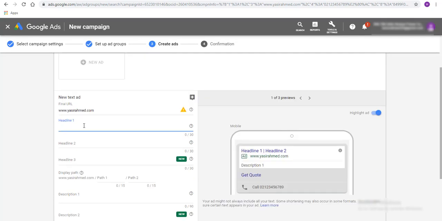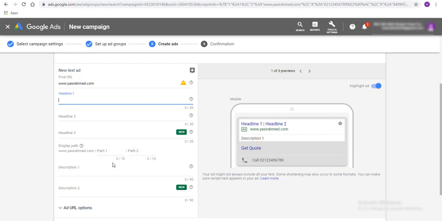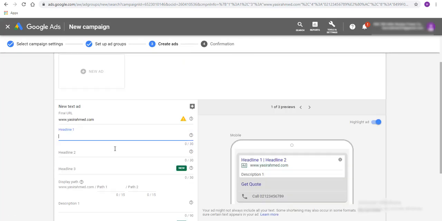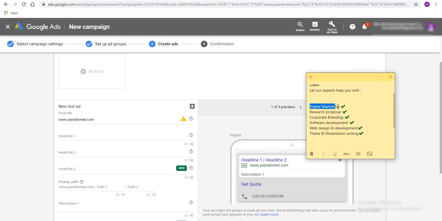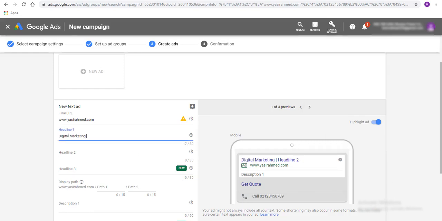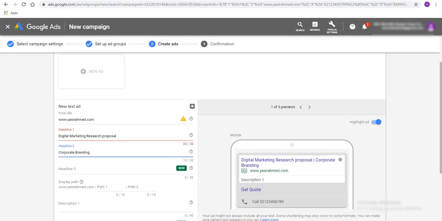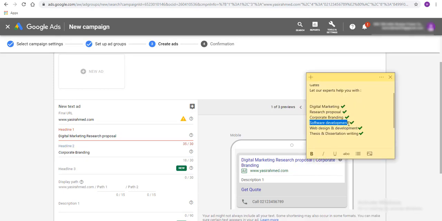Let's start with the headline. You can see that there are 3 headlines. There's a display path, there's a description, and the URL. So this looks really ugly, but by the end, once we're done, you guys would know what it means, right? In the headlines, we've got 30 characters each, so 90 characters in total. So I'm going to start with putting in the keywords: digital marketing, research proposal, corporate branding, software development,